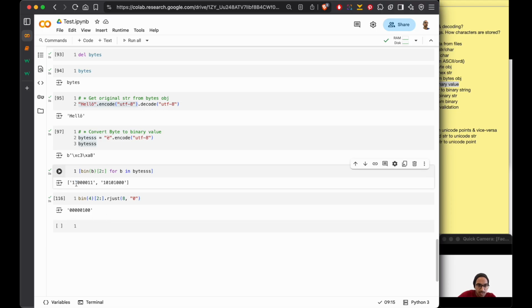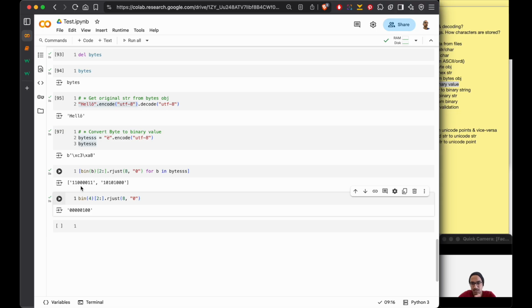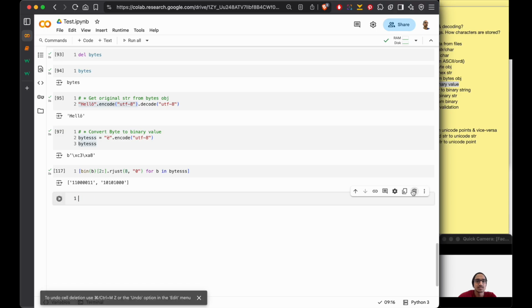Since here the byte values are 8, so these values are 8 bits long, we don't necessarily have to do it, but just to be on the safe side, when we are doing this operation, it is good to do this by default. It will remain the same. If it's 8 bits already, it will keep the 8 bits as it is. But if it's less than 8 bits, then it will fill the other bits with 0 on the left, leading zeros on the left. So that is how you get